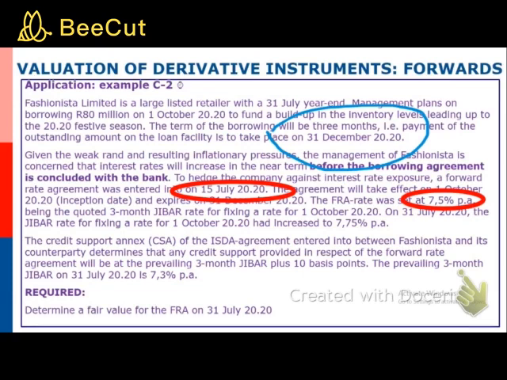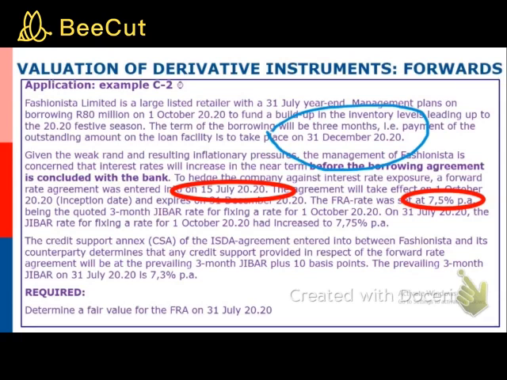Don't forget, when we apply that difference in the interest rates to the 80 million rand notional value, it is a future value that will need to be discounted to 1 October, which is the cash settlement date, and then discounted again from there. Now, what rate do we use to do the discounting there? As I mentioned to you earlier, we look at the credit support annex to the ISDA agreement, which the FRA is subject to, and we find there that